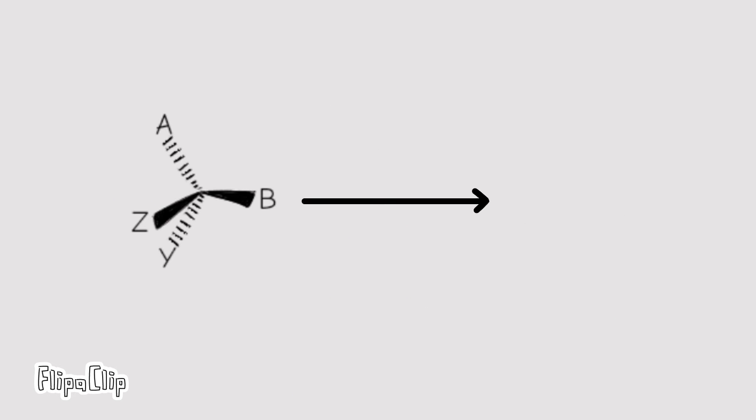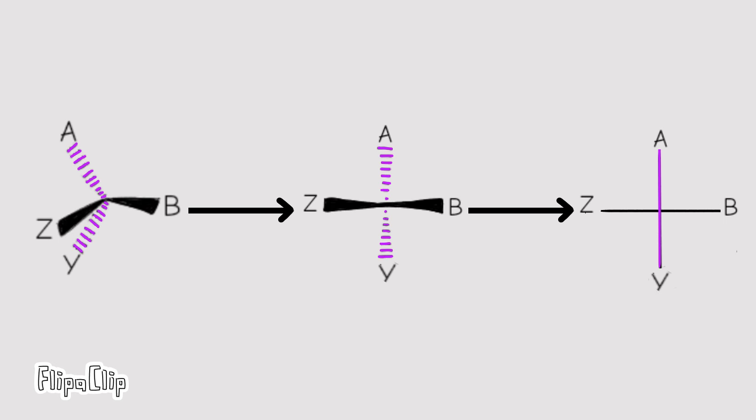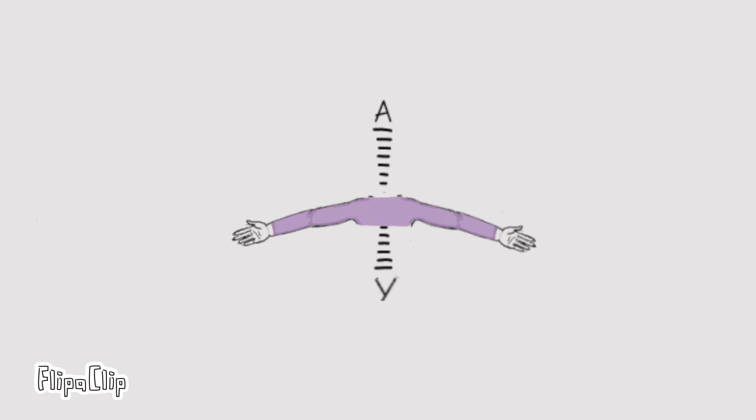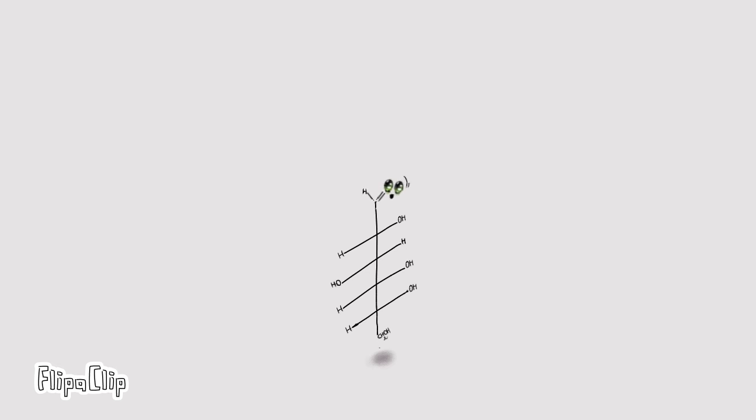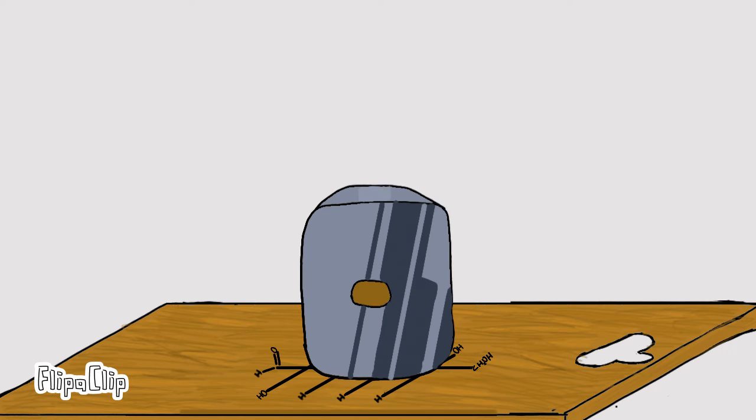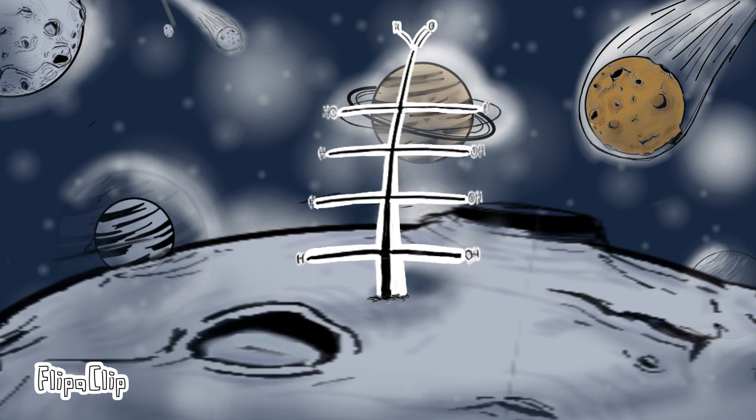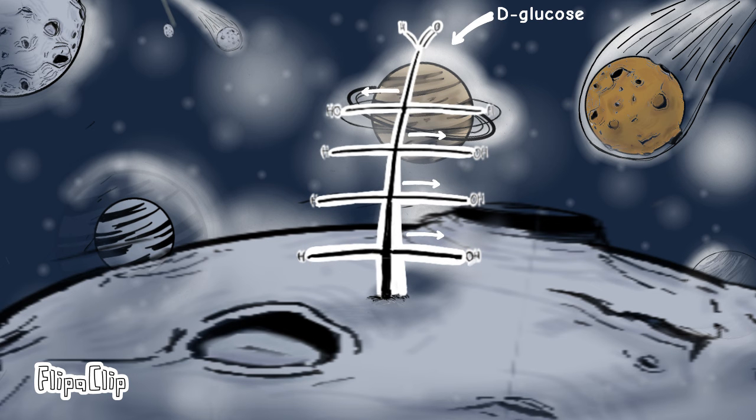Vertical bonds point backwards into the plane, and horizontal bonds point towards you, the whole arms coming out to hug you analogy. Now, what's most important to note here about Fischer projections of monosaccharides specifically, while it depicts open chain linear forms of monosaccharides, the molecule is not flat. It simply allows us to see the orientation of different groups easier while still more or less being true to